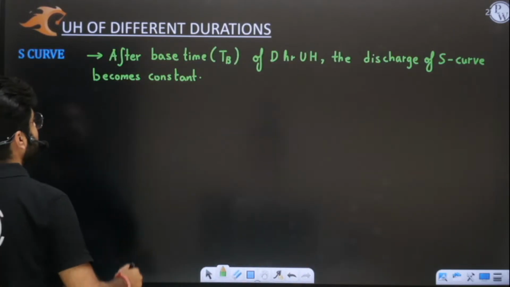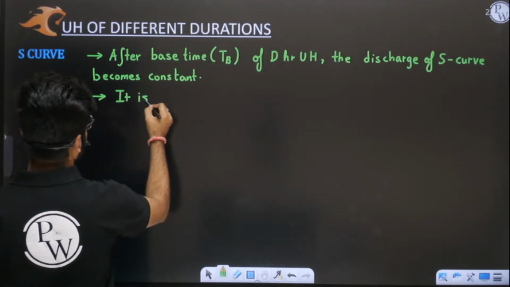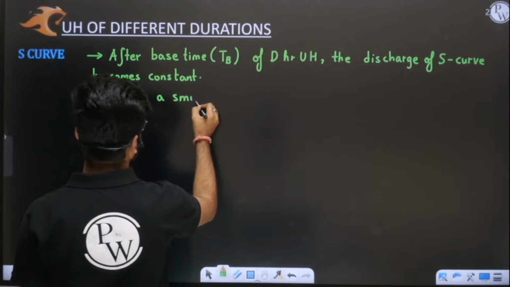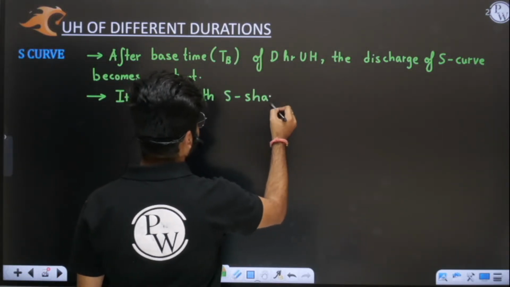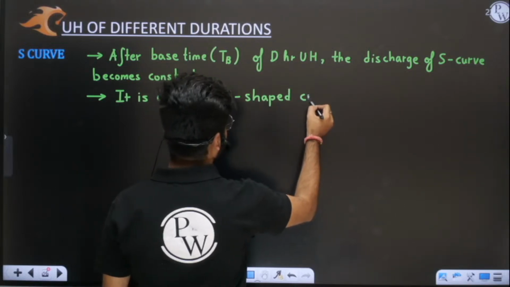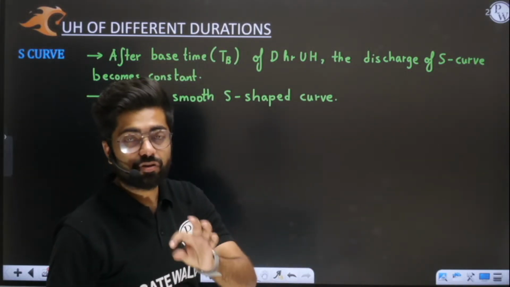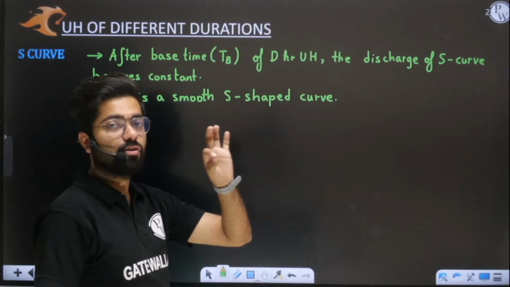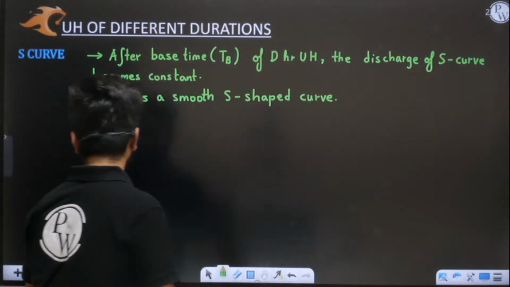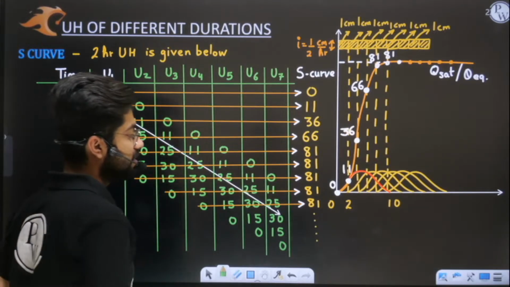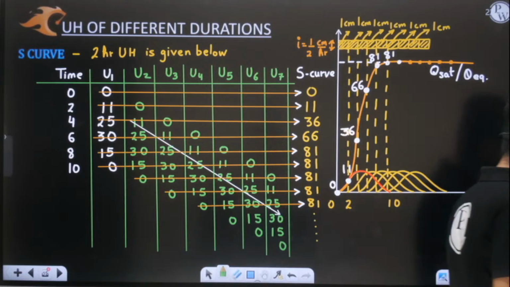Okay, we call it S shaped because it is a smooth S shaped curve which results from a continuous effective rainfall intensity of 1 by d centimeter per hour. If continuous rainfall is there, I will get this graph. This is very simple. Now, sir, I want to understand,